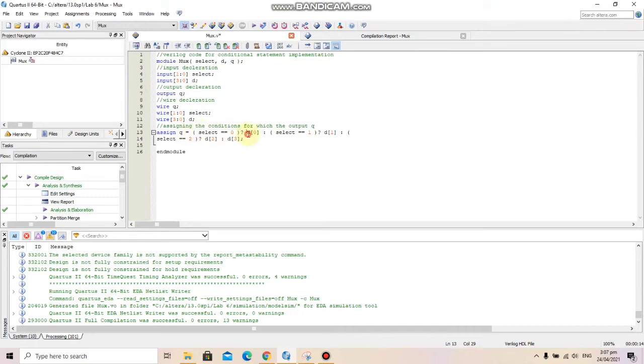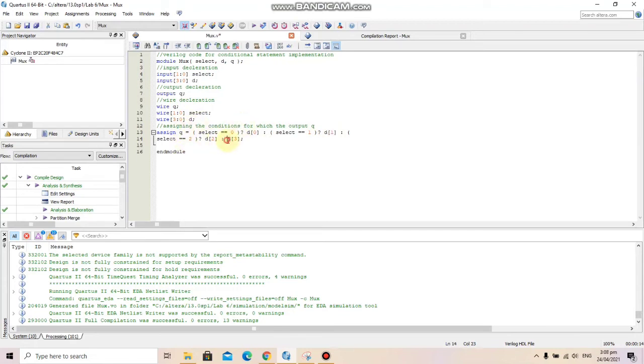Then after the question mark we see what the value of Q should be. Here the condition is that select equals 0, and the output will be D0. Similarly, when select equals 1, the output will be D1. This is how output is assigned using conditional statements.